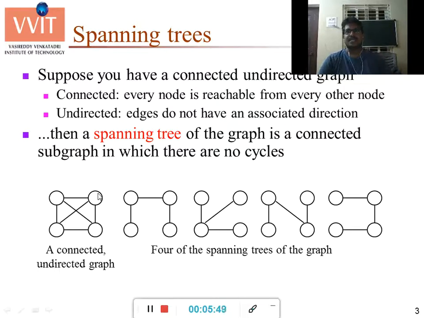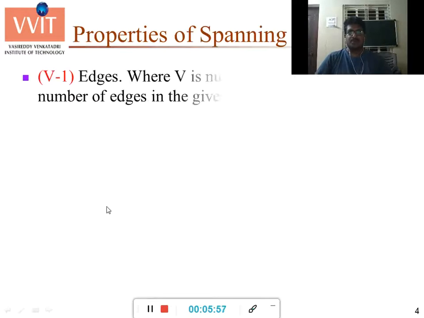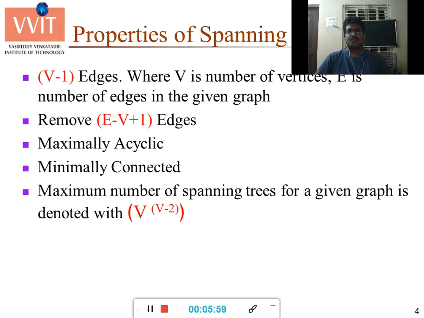So the total number of spanning trees for this graph is 4 to the power 4 minus 2, which is 4 squared. So we will have 16 spanning trees for the given graph.